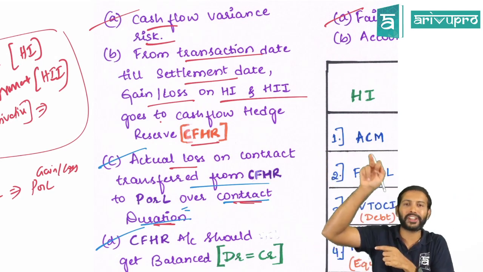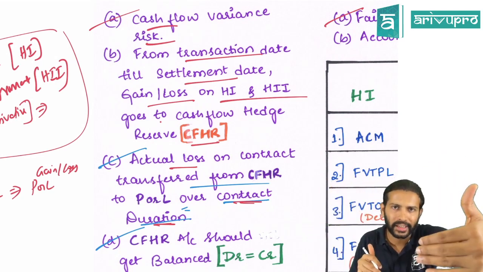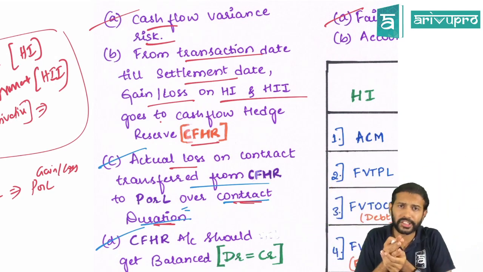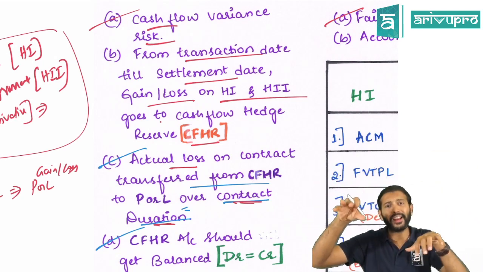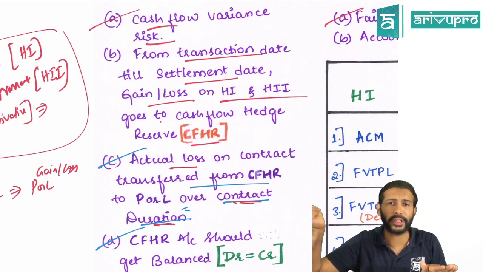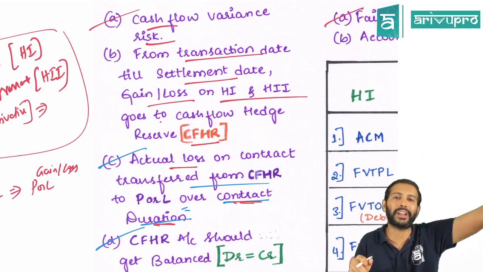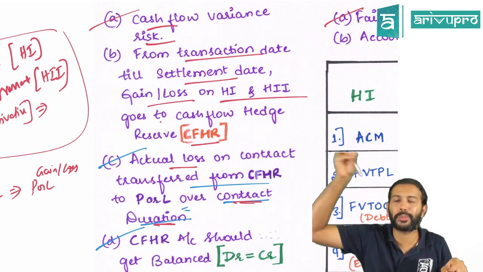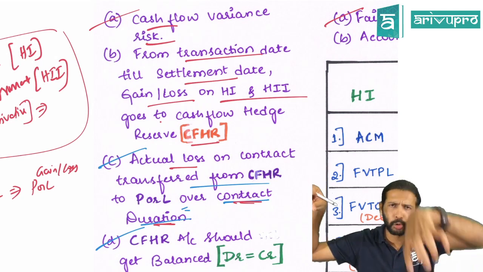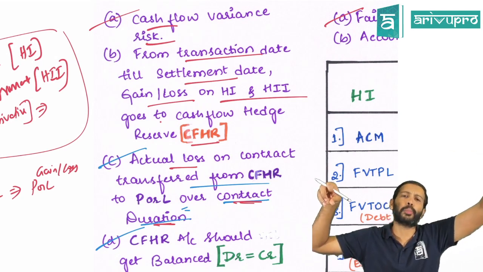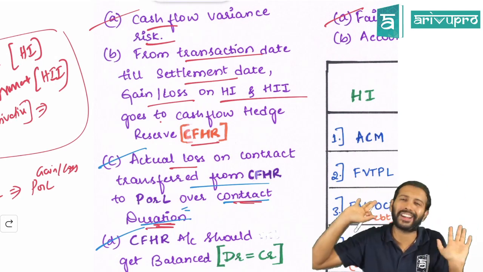In one shot, we did not transfer from cash flow hedge reserve to P&L. As and when our reporting date came, like on 30th June, when we prepared our interim financial statement, I transferred some portion from cash flow hedge reserve to P&L. Again, at the end, I transferred the balance portion to P&L. Because on bonds we were receiving interest, and interest was already transferred to P&L. Since some portion of our hedged item had already gone to P&L, applying the matching principle, it makes sense that some portion of cash flow hedge reserve also should go to P&L. That is the reason we had transferred from cash flow hedge reserve to P&L over the contract duration, not at the end.